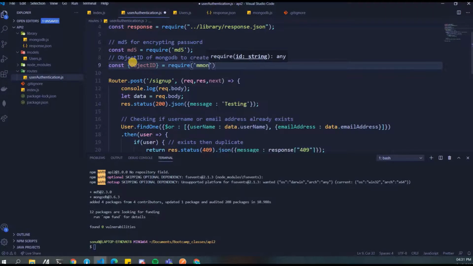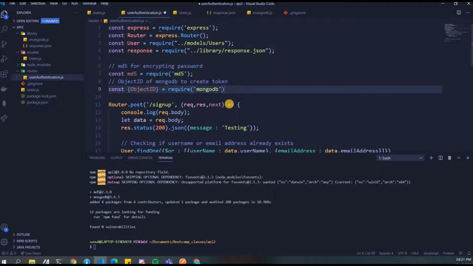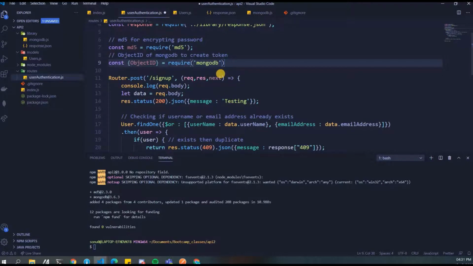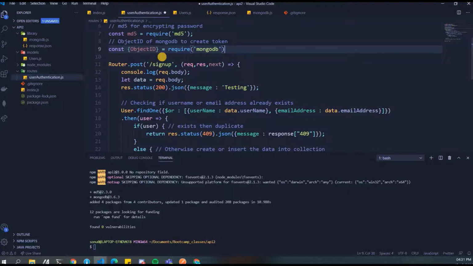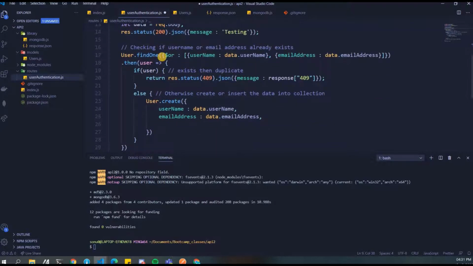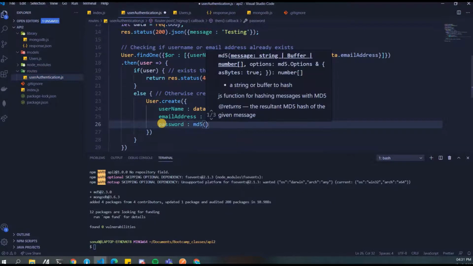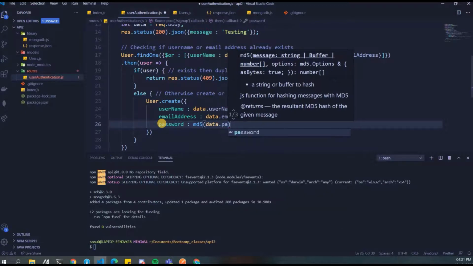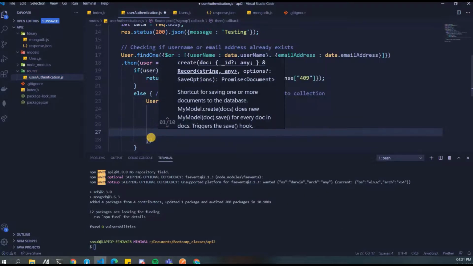So there are two ways of writing this. One way was this, with the curly braces, and the other way was ObjectId without the curly braces and require MongoDB dot ObjectId, bracket open bracket close, just like this we wrote. Okay. So there are two ways of doing it. We wrote it this way. And now let's go ahead and do whatever we need to do. So we need to store our password. I'll store our password via MD5 of data password. This will store an encrypted value into your system.